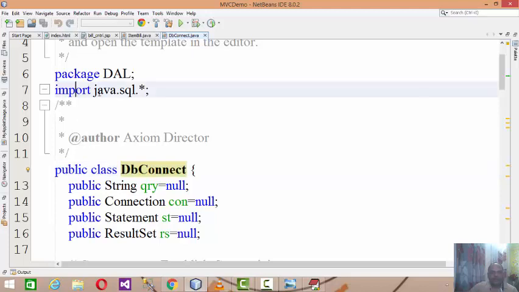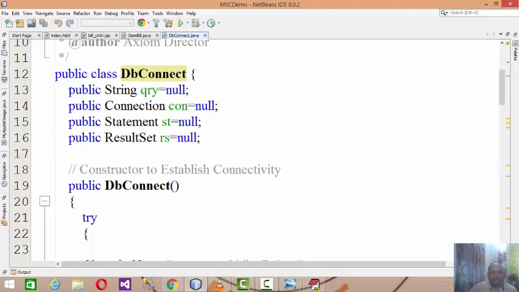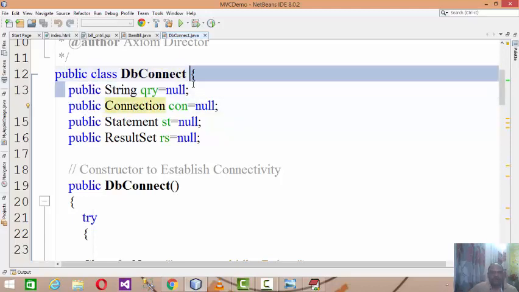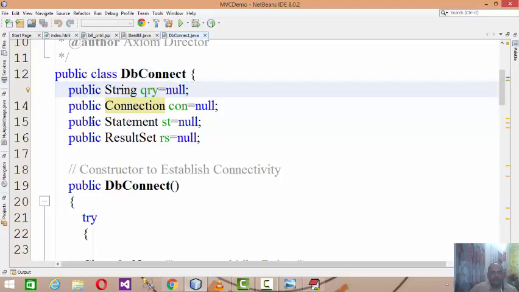So I'm importing the package java.sql.*. Here I wrote a public query variable, because in DBConnect I require a query to process insert, select *, conditional filtering and all. So I considered a variable called qry for the query.